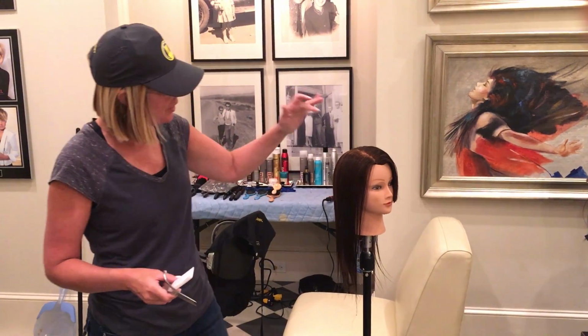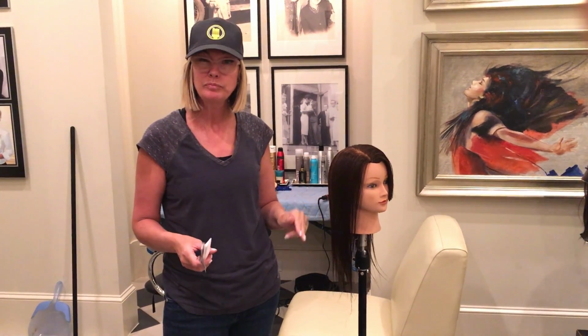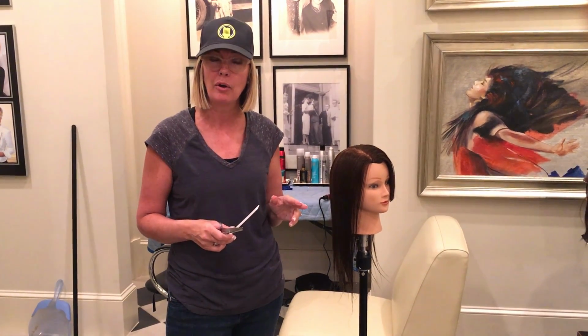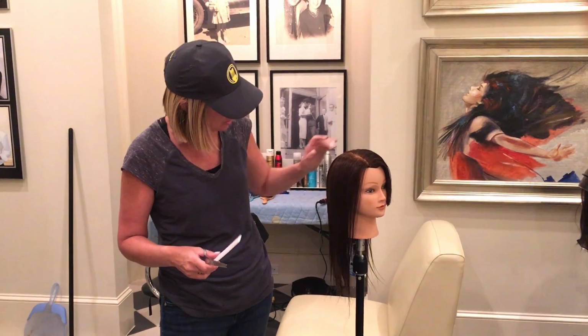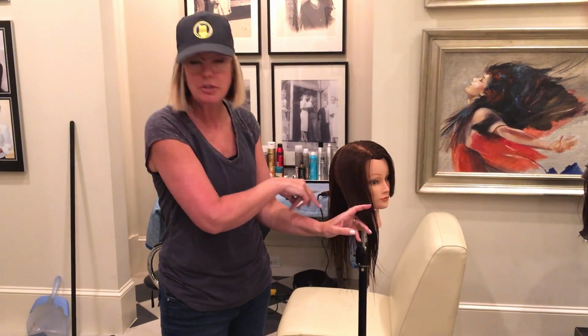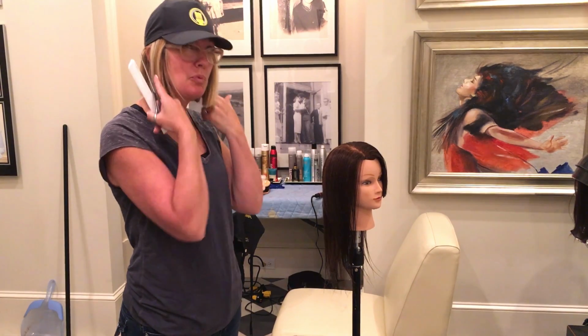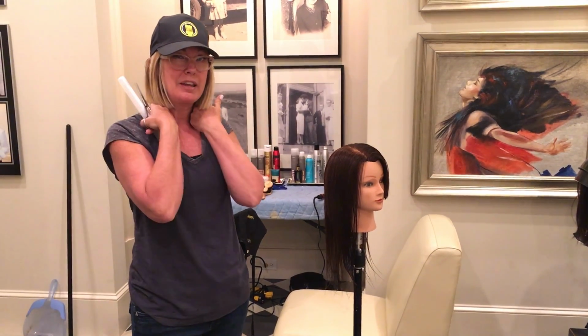So one of the things when we're parting, we usually part from the top of the head to the top of the ear when we're parting for long hair. But on short hair, we part from the top of the head to 2 fingers behind the ear so that we make that line. Now, depending on how deep you want your bob line or your V to happen,